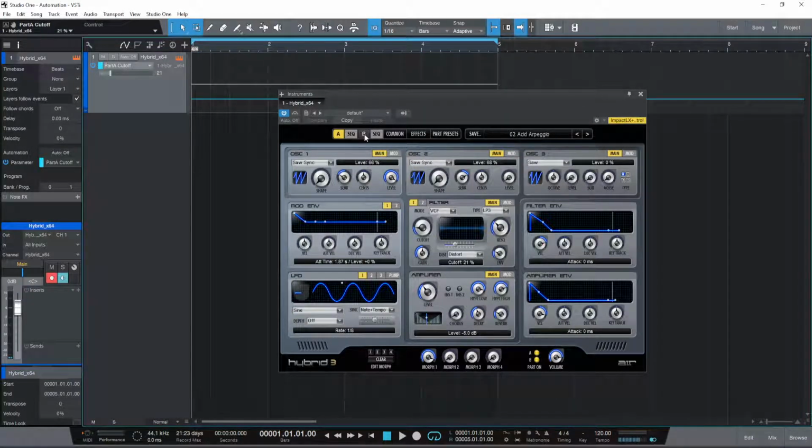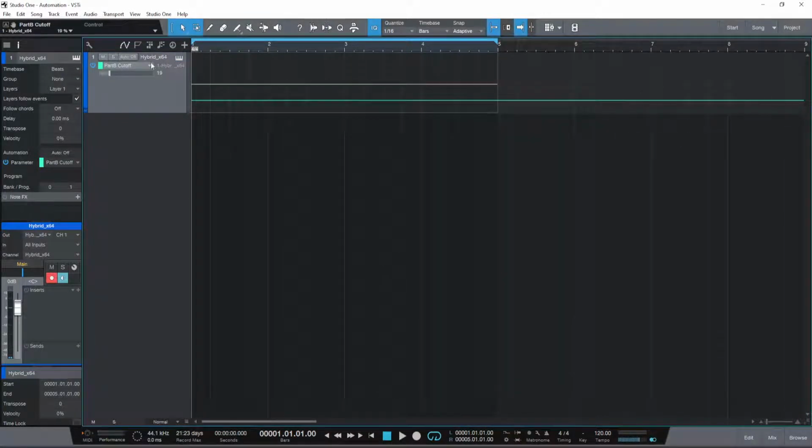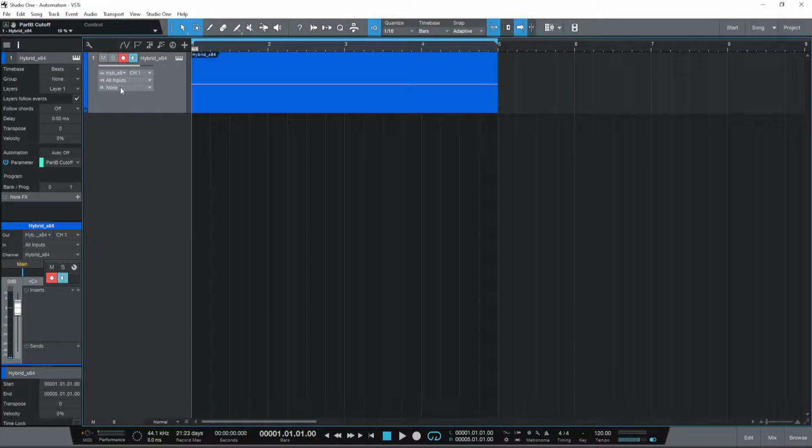And then we go to part B. Do the same thing for this cutoff of part B. Just touch it. You can see part B cutoff here. Hold the hand, drag it over the track. That's it. Now for the time being, let's close the instrument interface, close the automation, and here if you see